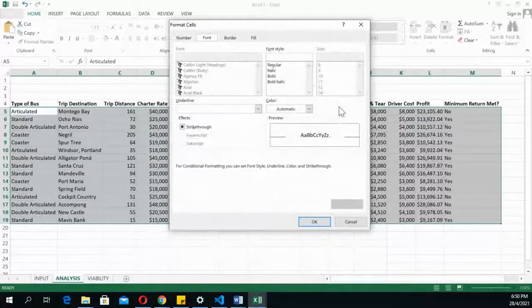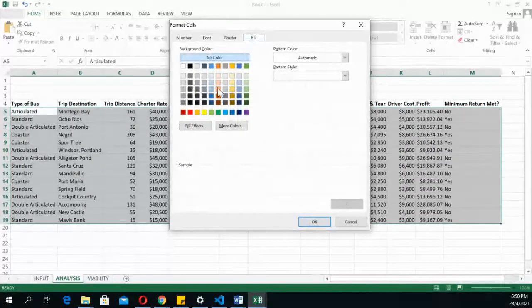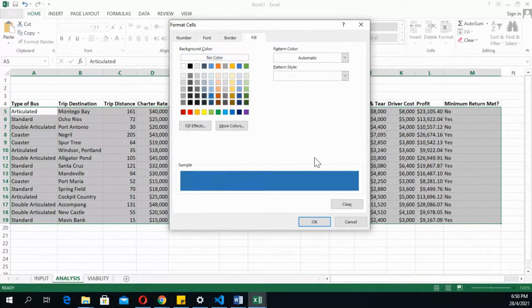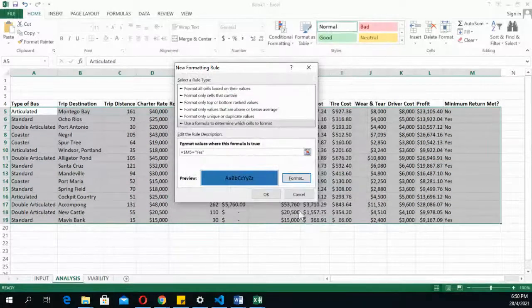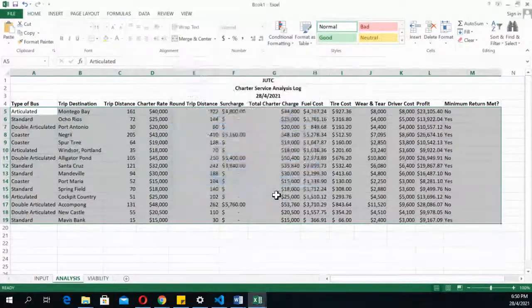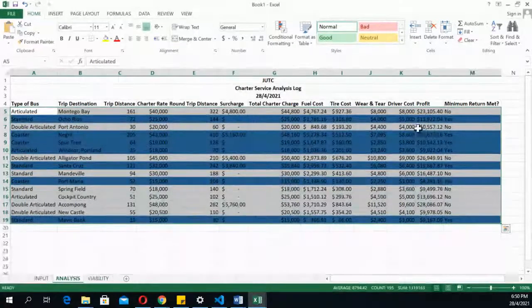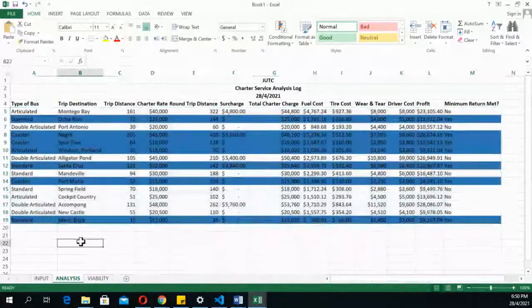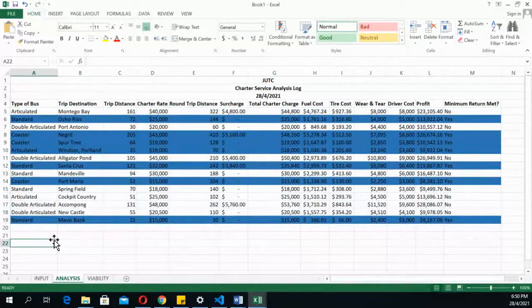Now we'll select our format. I'm just going to use a fill, using that blue. Then we go OK. And now you see it will highlight all of those charters where the minimum requirement is in. So if I should proceed now to ask the same sort of question, I would say,